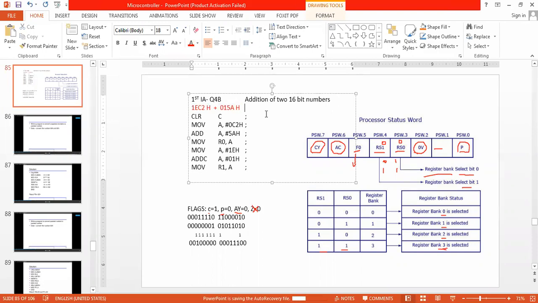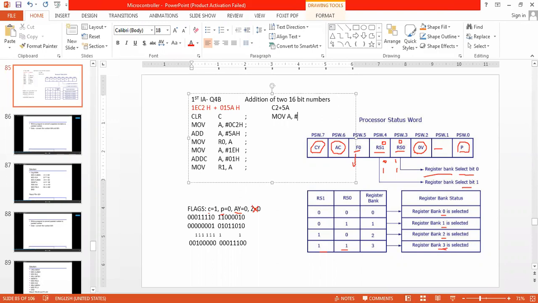When it comes to only 8-bit addition, it may be, let us take C2 plus 5A. So how can I add this? Say MOV A, hash. What is hash?